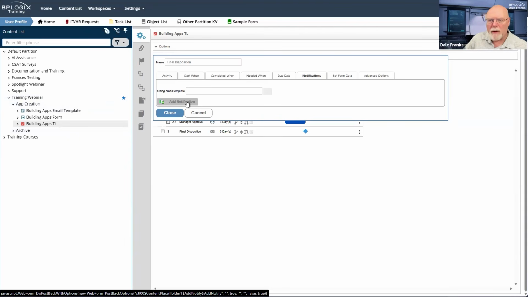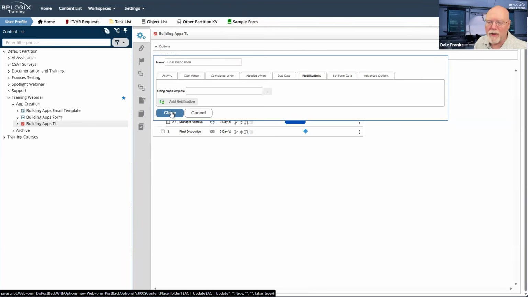So let's talk about emails and email templates and how they work. One thing that a notification activity does, it's the only thing that it does, is send an email notification. It doesn't assign a task or anything like that. It just sends an email. So this is a manually configured email notification, and you can use this anytime you just want to send someone an email. Now, these aren't the only notifications that get sent by the system.